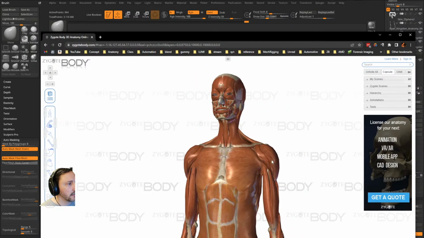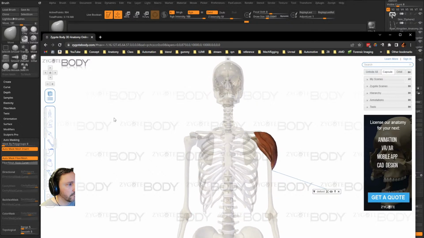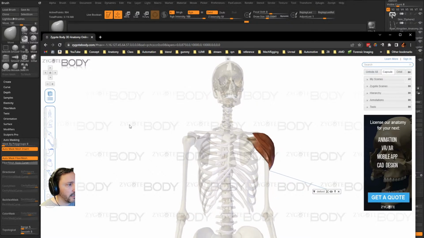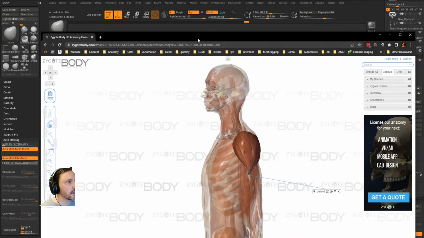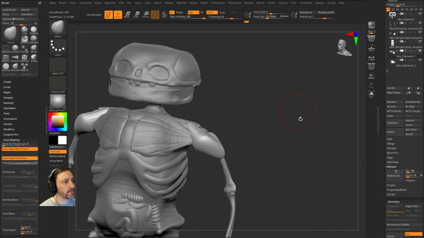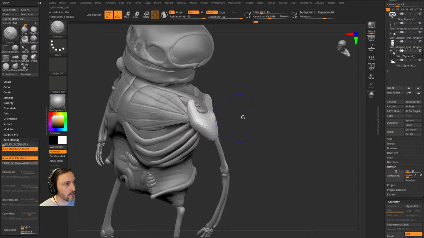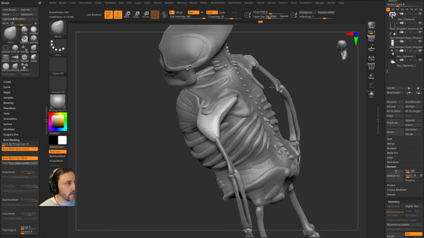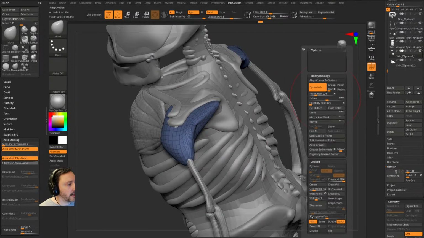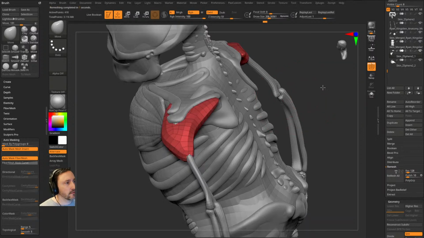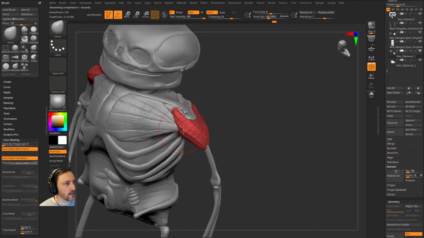Like, again, deltoid, dial us back. Maybe not quite halfway, but further than you may think is all I'm trying to get across here. Decently far down. So here's our deltoid, a triangle, delta-shaped muscle. And this is nasty geometry, kind of on purpose. So I'm going to go in here, ZRemesh half, depth size down to 0, and just give us some new geometry, right? And then you can do that as many times as you want,